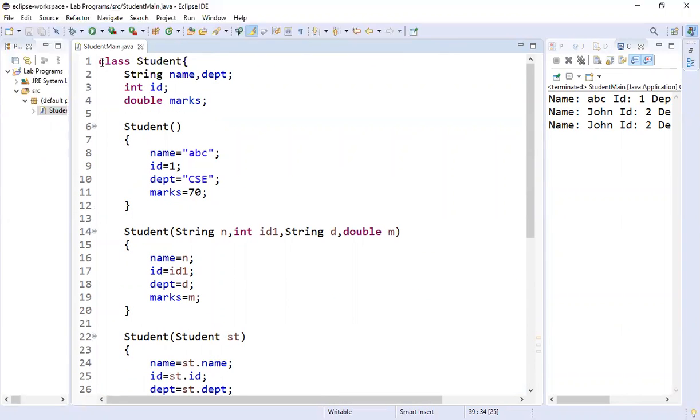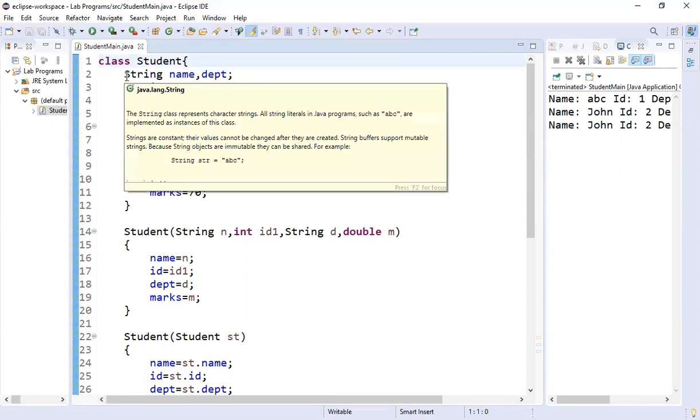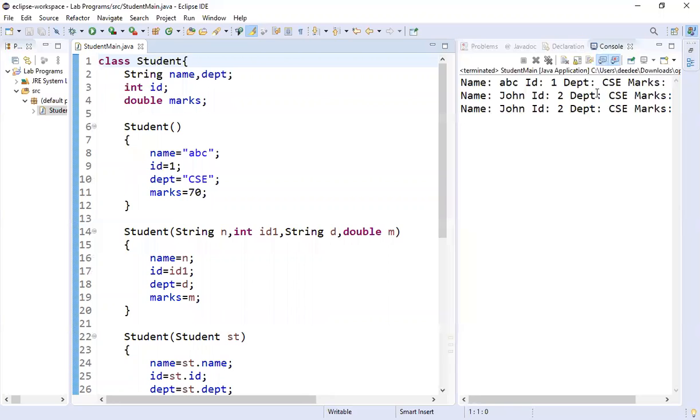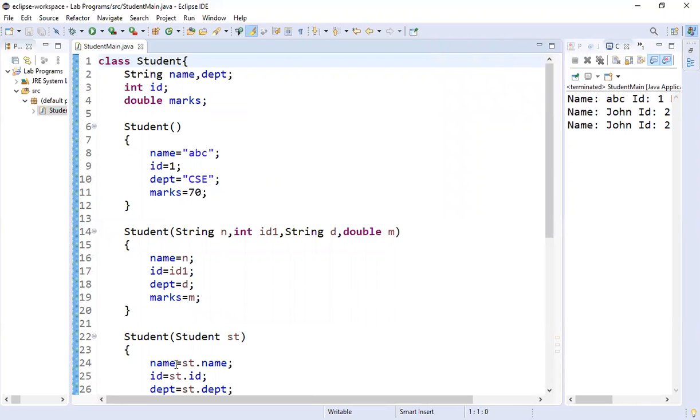When I look at this class student, I have two string types, one integer and one double. You can see in the right hand side in the output also, I'm going to print all these things using three types of constructors. That's all.